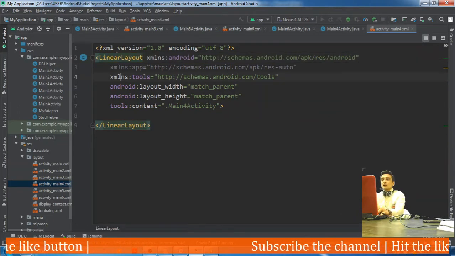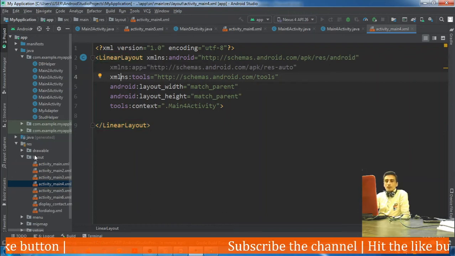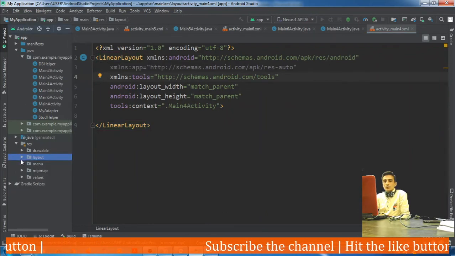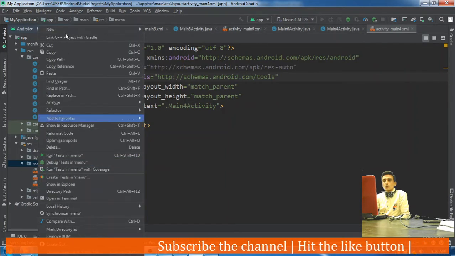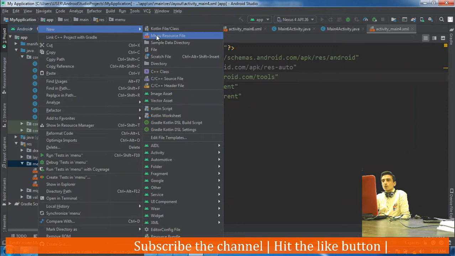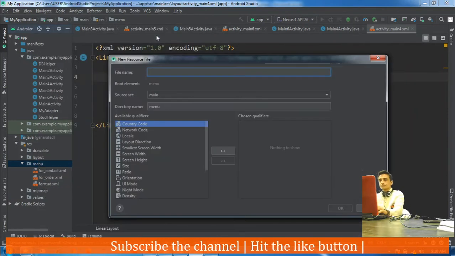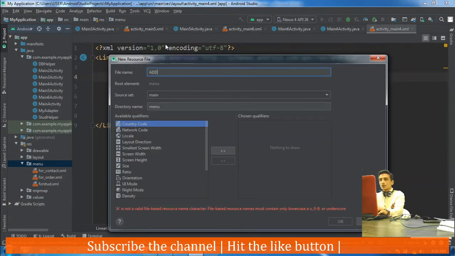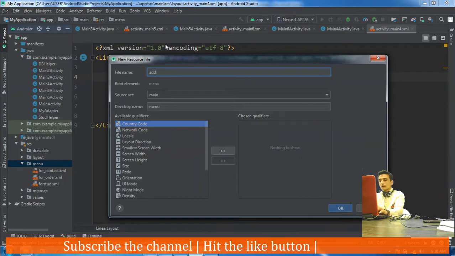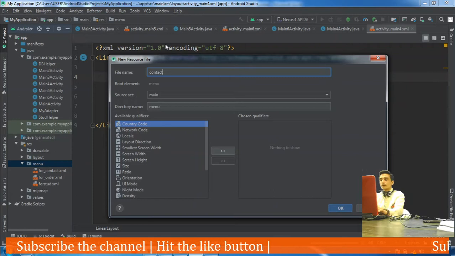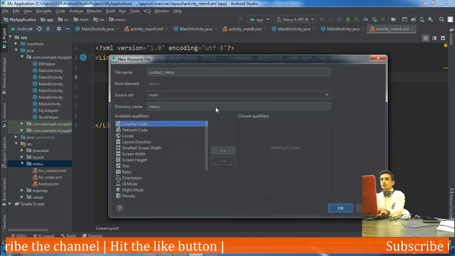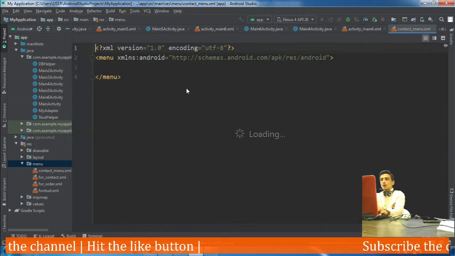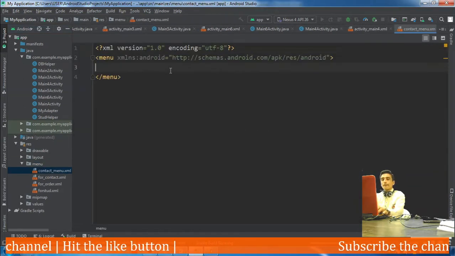Now in the next step, let's define a menu resource, a menu which will contain two items, the contact menu. Inside this contact menu we will have two items.